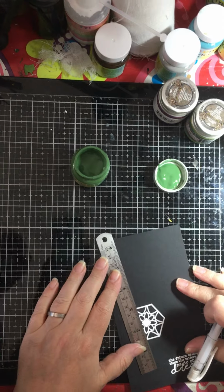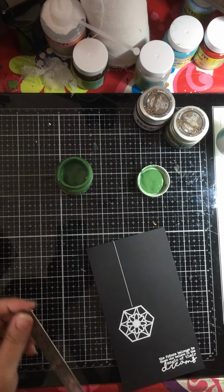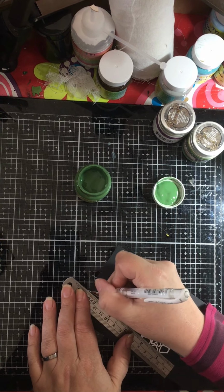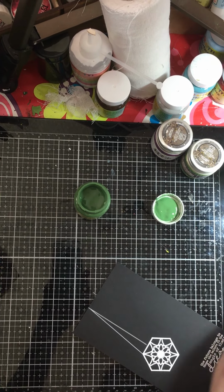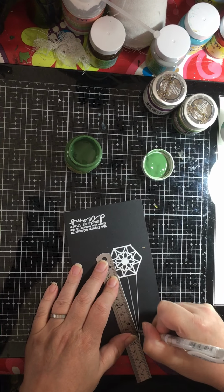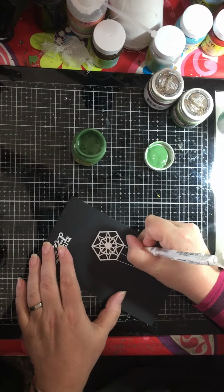So I'm sort of trying to gauge the middle-ish. It doesn't matter if it's not bang on because we can always change that when we add the extra bits. So I do that one, and then I'm going to do another line here. And I'm wiping my ruler in between uses just to make sure I don't smear any of the white ink. There we go. So I've got my 3 lines for the hanging bit, and then I'm just going to do